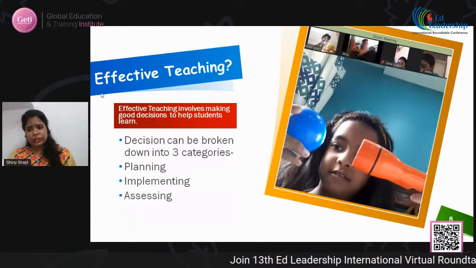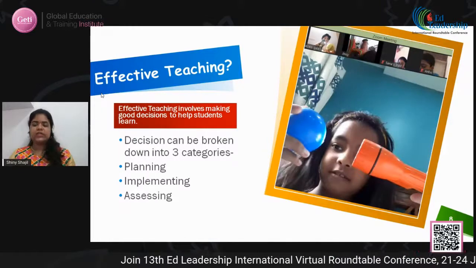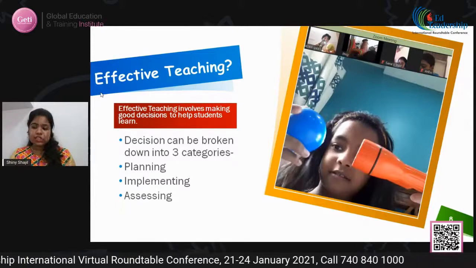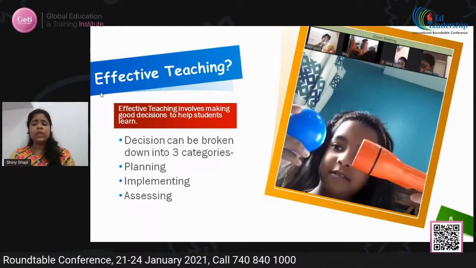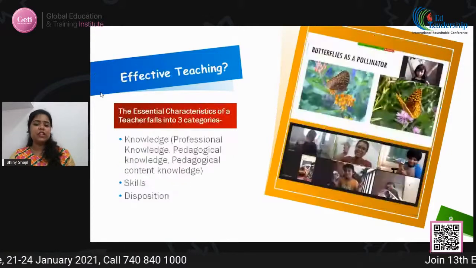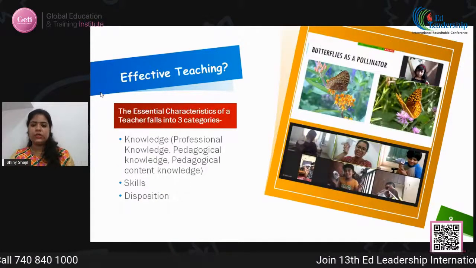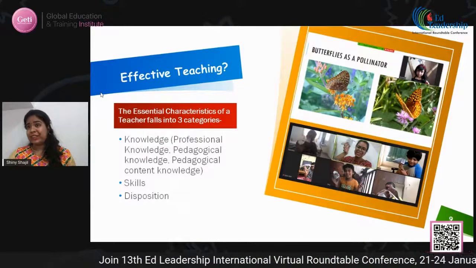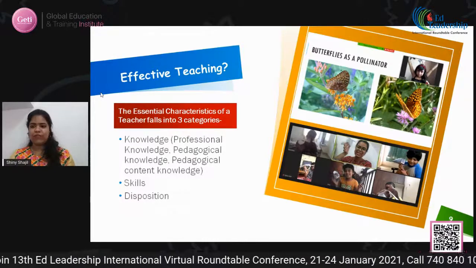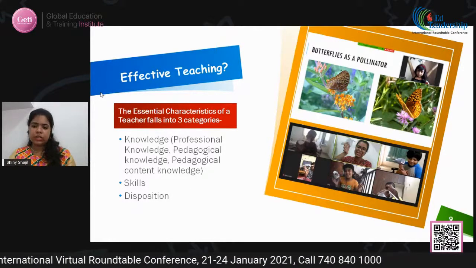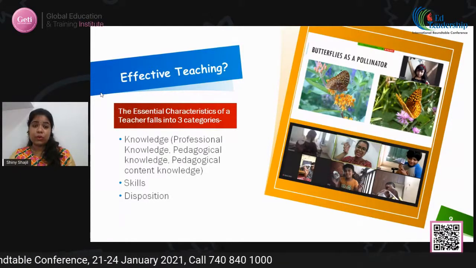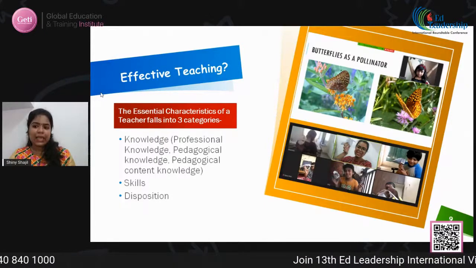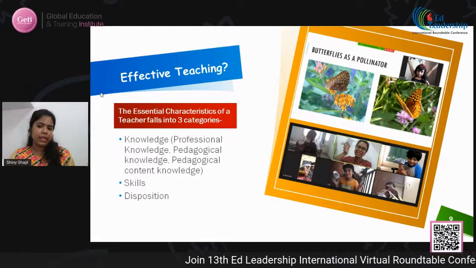Okay, so now that we have understood the role of a teacher based on theories and understood what an ideal teacher is supposed to do, let's list out the essential characteristics of a teacher. It's a bit of a difficult task, but let's try to list down the essential characteristics of a teacher. When we think about our most effective teacher, the teacher who made a difference in your life, if you ask me, I always would point out a teacher who gave me the most warmth, the one who was the most caring. I would remember that teacher, and I'm sure you all will recollect that teacher who was really